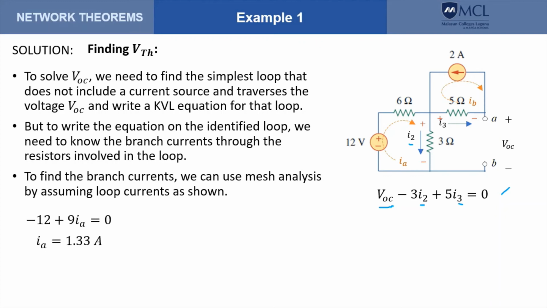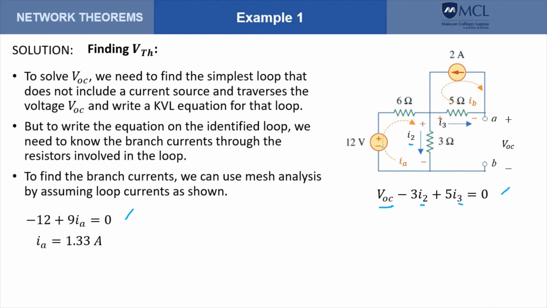So how do we get these loop currents? From the previous video pertaining to mesh analysis, the equation in loop A, the loop that involves I sub A, is this one. So minus 12 plus